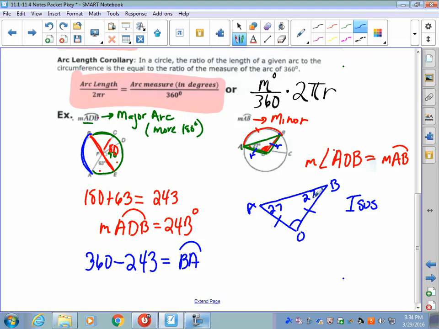Now, what do you know about the sum of the angles of a triangle? Equals 180. Okay, so find the missing angle O. It's 126. All right, so